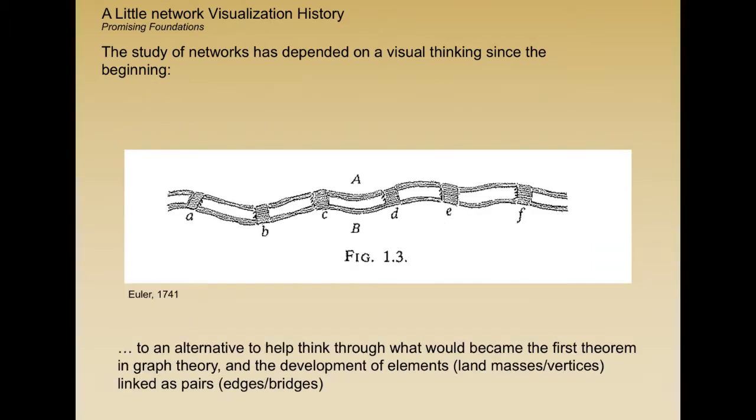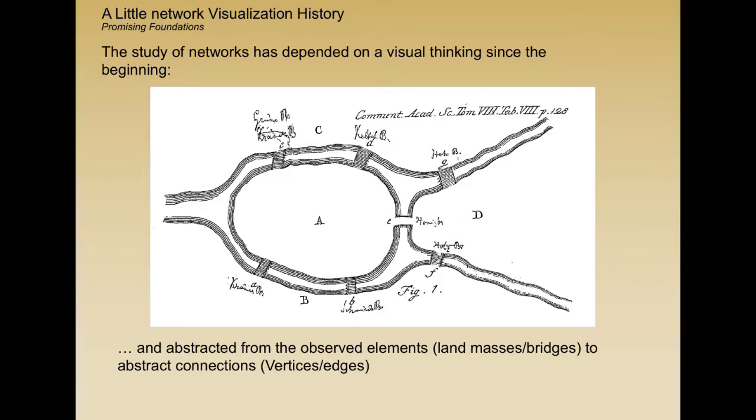And it's a really easy problem if your bridges are arranged on a single line. You just go right to left, and you could easily cross each bridge once and never cross another bridge twice. But if you needed to do it with an island in the middle and these seven bridges, how is it possible? And the trick that he came up with to solve this problem was the invention of graph theory.